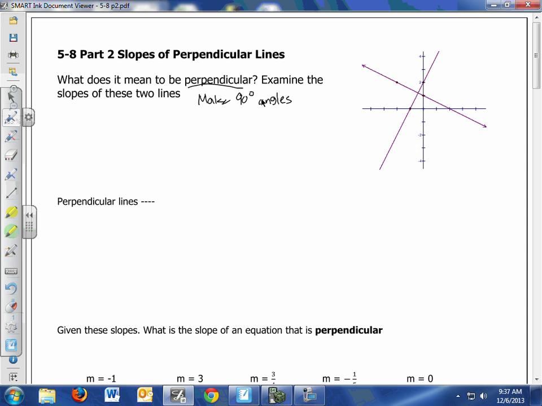Okay, so that's perpendicular lines. Now you kind of signify that by doing like a little box, because we know rectangles have 90-degree angles. So if you make a little rectangle there, that signifies that that's a 90-degree angle. You'll do that more when you get to geometry next year. All right, so